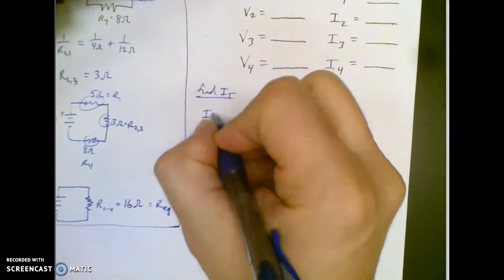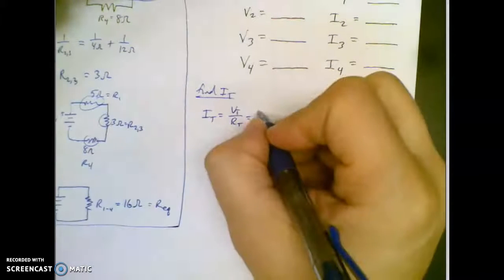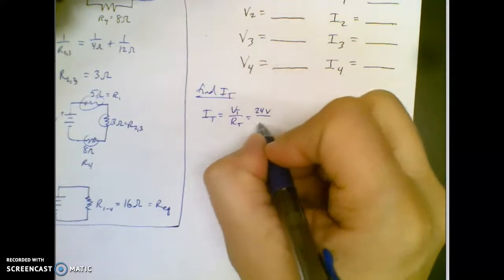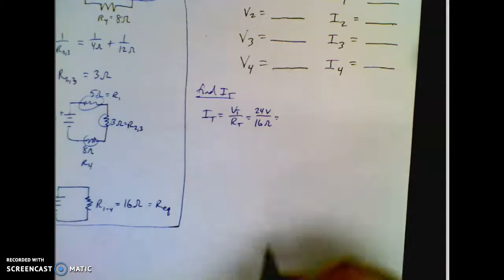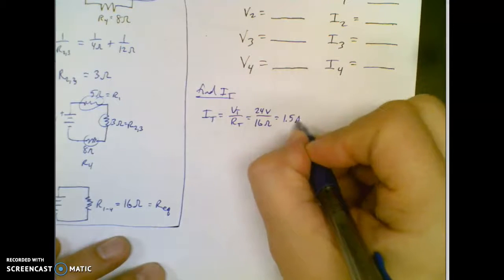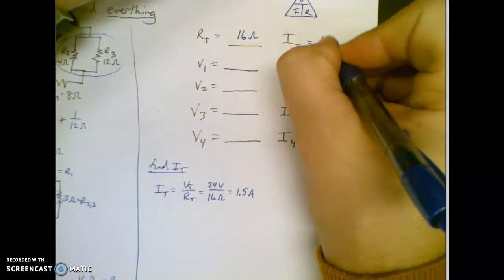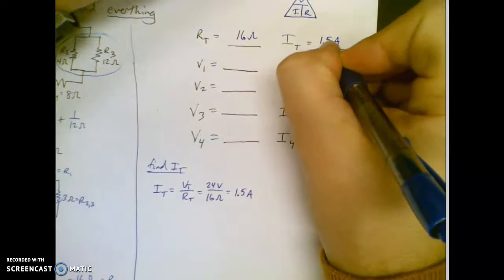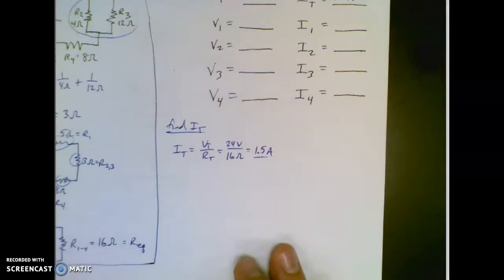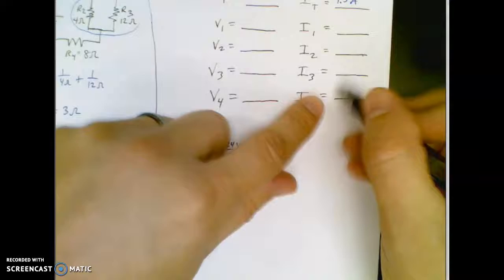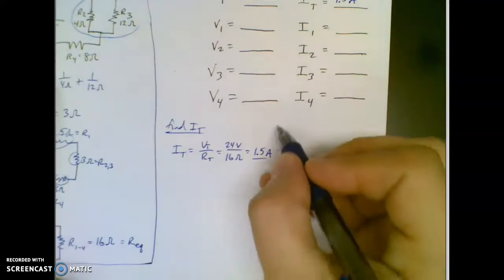But finding IT, you're going to say IT equals VT over RT. Ohm's law, VT is 24 volts. RT is 16 ohms, and 24 divided by 16 is going to leave you with 1.5 amps. Now I don't need to move that decimal place because it's a number between 1 and 999, which is kind of nice. I don't have to do all that unit conversion stuff. Awesome. Okay, now here's what's crazy: we need to find the current at each spot and the voltage at each spot. Well, the good news is,